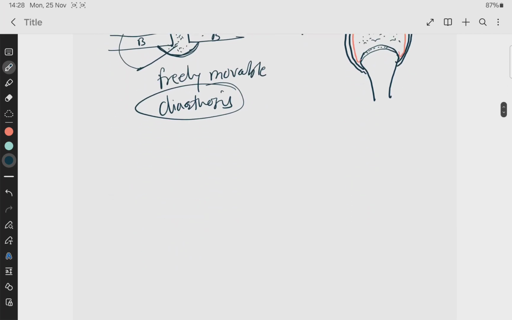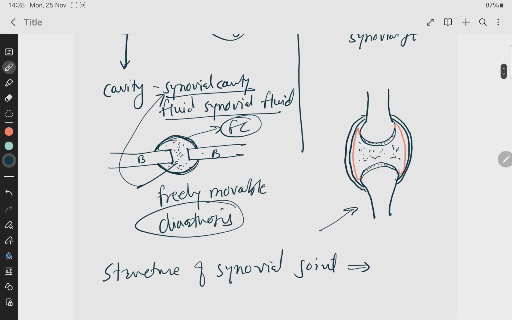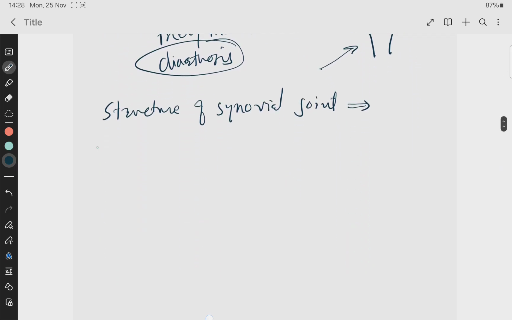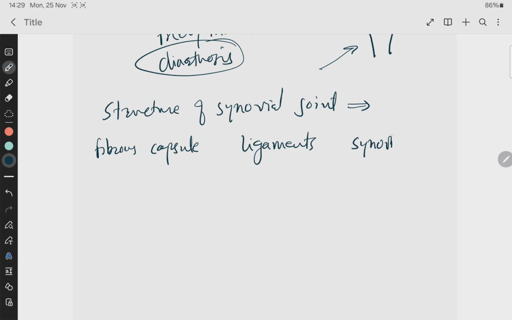So what comes in the structure of the synovial joint? That comes the next part, structure of synovial joint, okay. आपको ये डायग्राम ड्रॉ करनी है जो हमने यहाँ पे ड्रॉ की, ओके. देन विच आर द कंपोनेंट्स ऑफ द साइनोवियल जॉइंट इन स्ट्रक्चर. सो फर्स्ट आता है फाइब्रस कैप्सूल दैट कम्स इन द साइनोवियल जॉइंट. देन फिर आता है ओवर दैट फाइब्रस कैप्सूल लिगामेंट्स, ओके. अपार्ट फ्रॉम द लिगामेंट्स, ओके, देयर लाइज द साइनोवियल मेम्ब्रेन, और उसी के साथ आता है साइनोवियल फ्लूइड विच लाइज